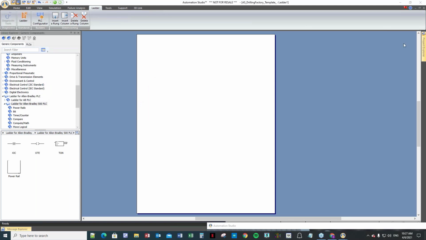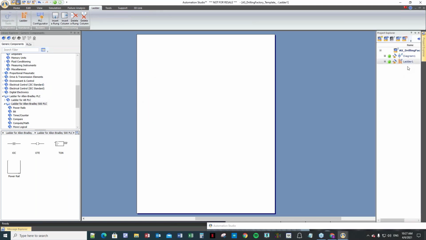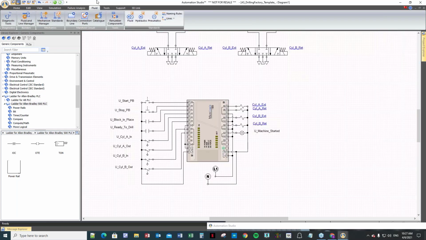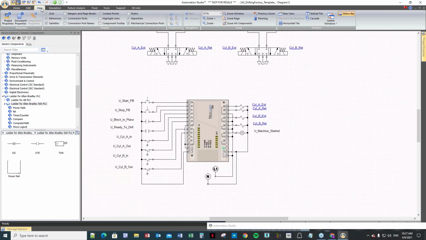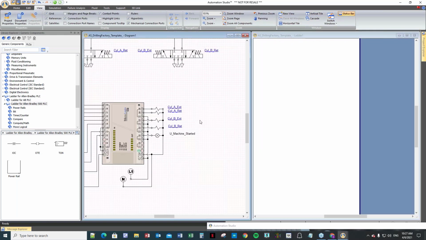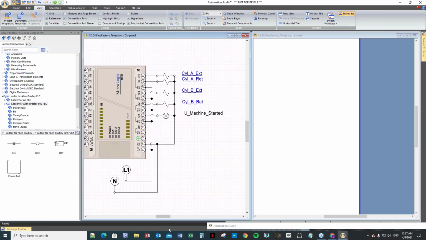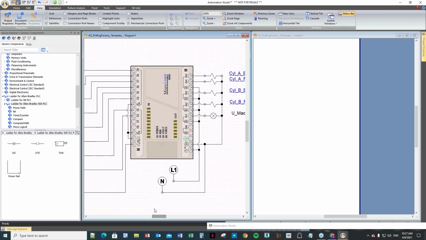You see, I'm having here, let me open the Project Explorer. Let me show my ladder here. I'm going to put it in the view. So if I come here, I'm going to zoom up a little bit. So you see, I'm using the outputs from 1 to 5, and from the inputs, I'm using from 2